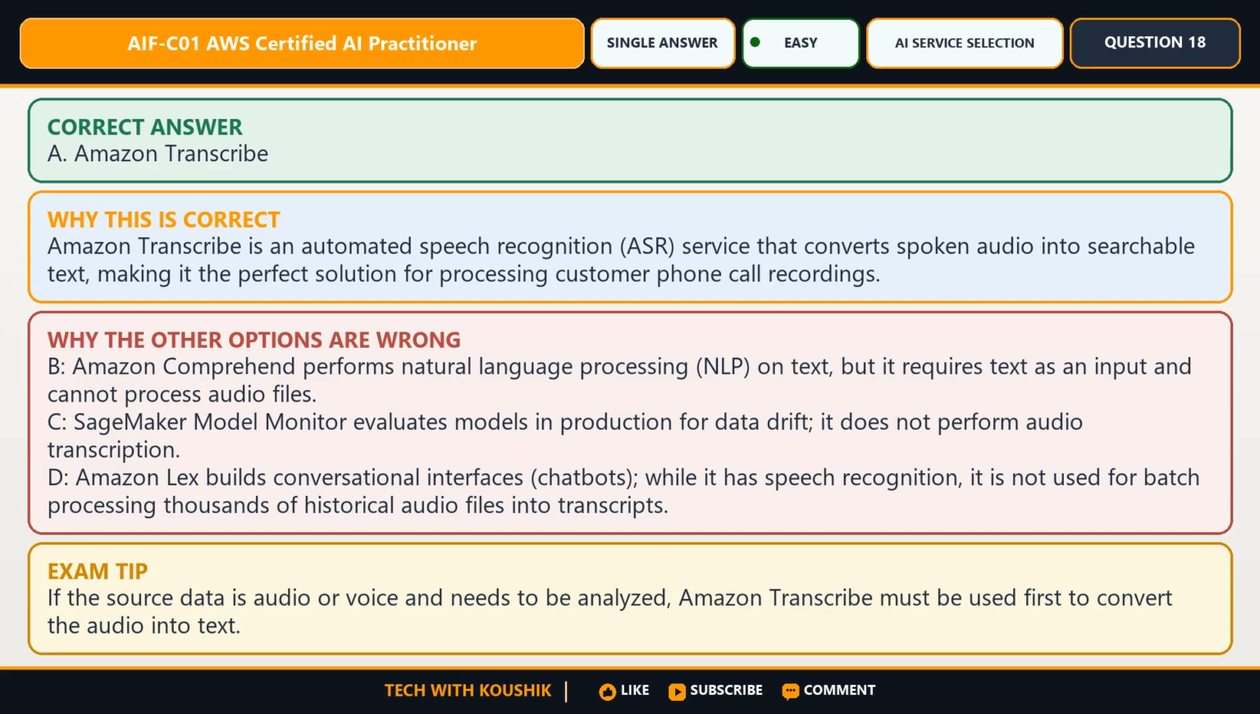The requirement to solution matches because Amazon Transcribe is an automated speech recognition, ASR, service that converts spoken audio into searchable text, making it the perfect solution for processing customer phone call recordings. The incorrect choices are plausible, but unsuitable because